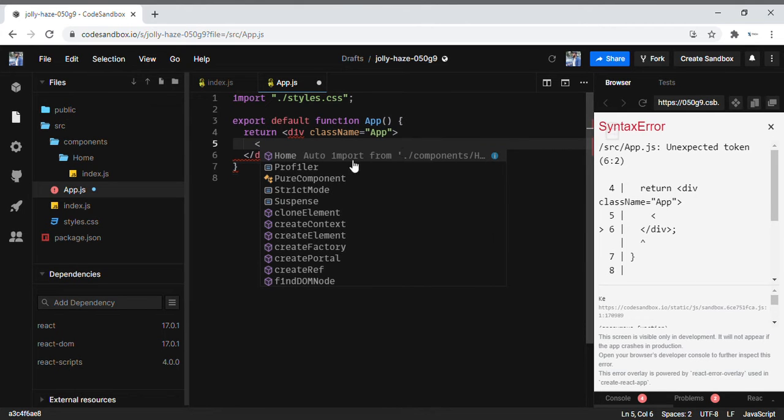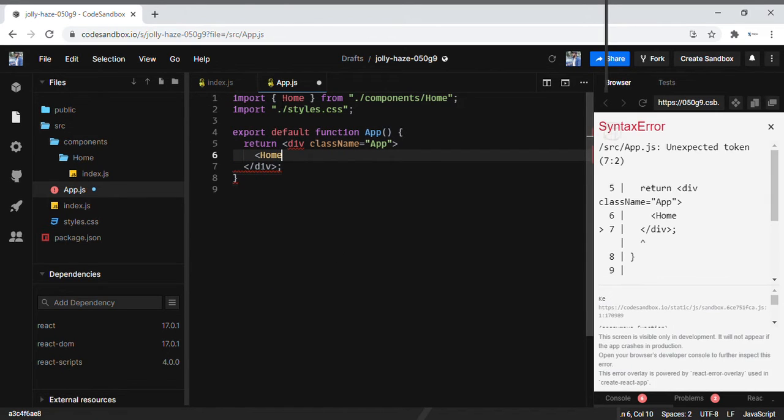See, here itself it was telling auto import from slash components. Even in Visual Studio Code or this CodeSandbox, if you have configured auto import, it will automatically show you whenever you start typing. Because I have exported it, it is reusable, and you can use that component throughout the application. When I started searching, I got it here, so I'm going to click this. Now it has been auto imported.